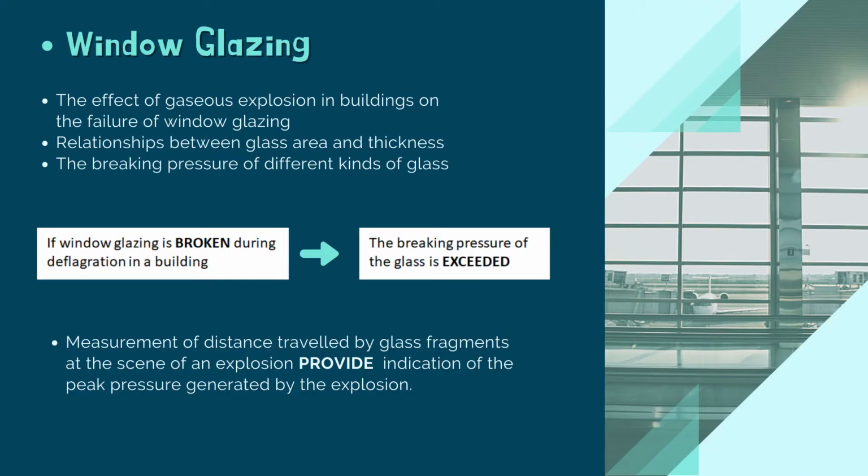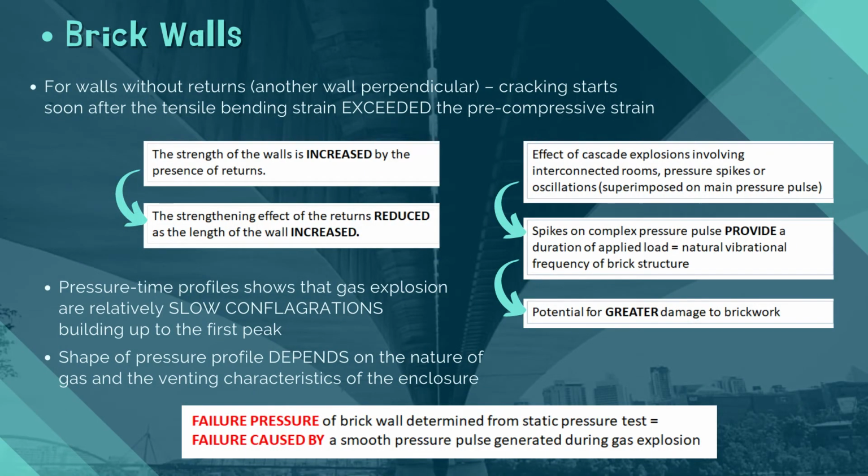The effect of gas explosions in buildings. If window glazing is broken, this is because the breaking pressure of the glass is exceeded. Besides, measurement of the distance travelled by the glass fragments provides a useful indication of the peak pressure generated by the explosion. For walls without returns, cracking starts soon after the tensile bending strain exceeds the pre-compressive strain. The failure pressure of a brick wall is determined from a static pressure test, representative of failure caused by a smooth pressure pulse generated